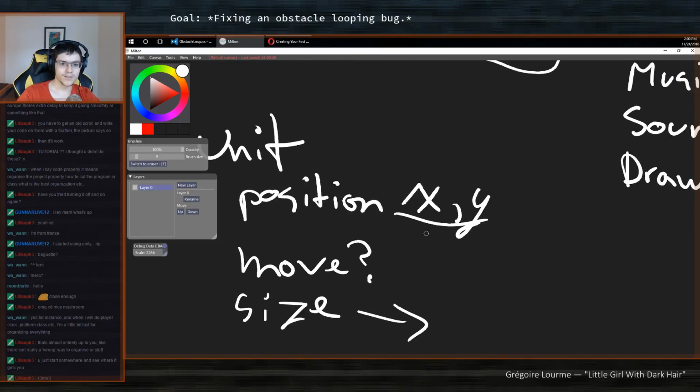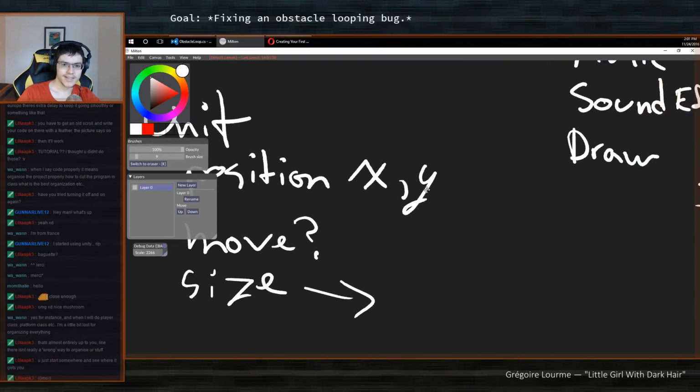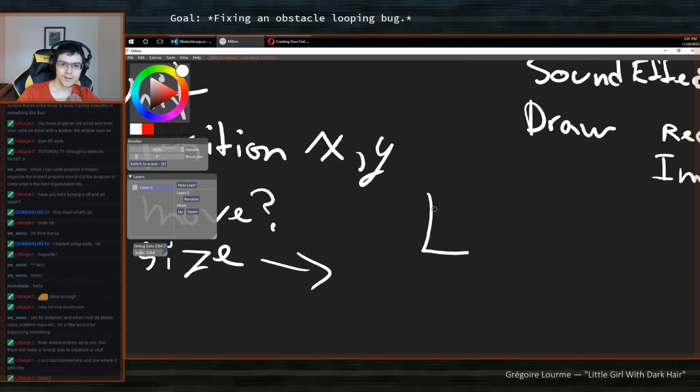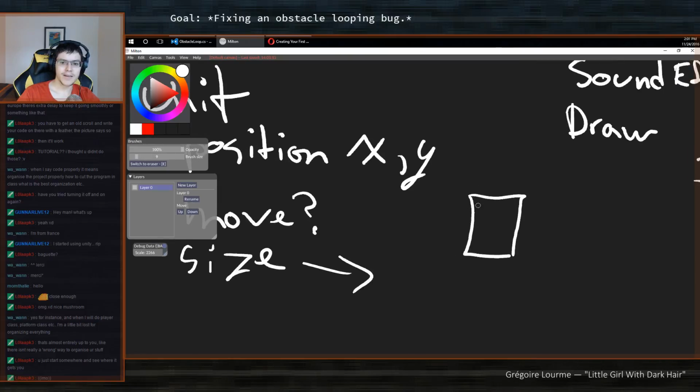Also later, do you want to determine the position? Is the position from the top left, the center, some part in the bottom of the player? And then based on where you determine this X and Y to be, let's say you determine, okay, I want the player's coordinates to always be in the center of itself.